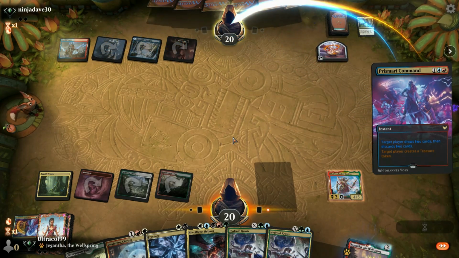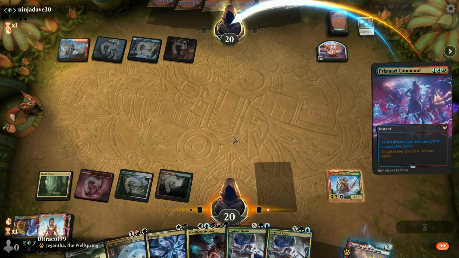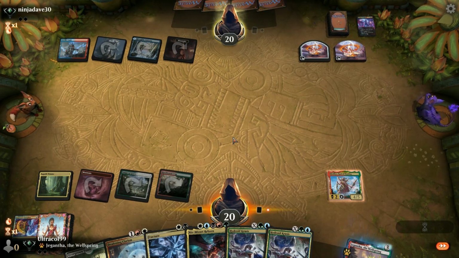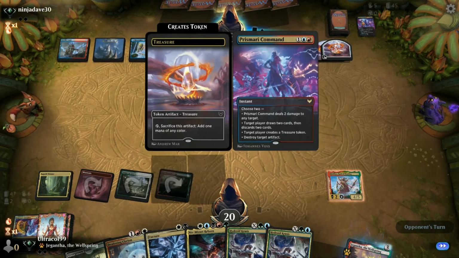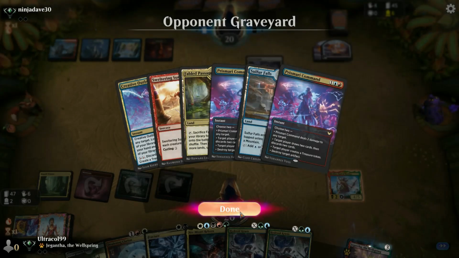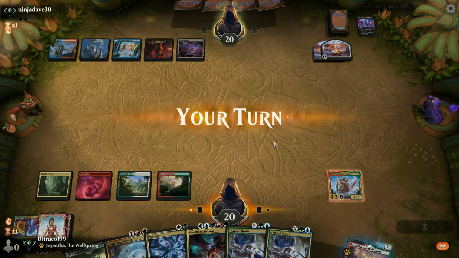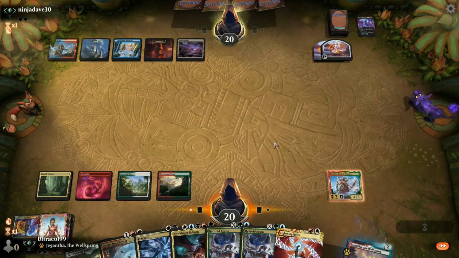Okay, Prismari Command. I wonder if he is just like... So, what did he discard? He discarded another Prismari Command and Sulphur Falls. Field of Ruin is fine. One of the things that's great about Field of Ruin in regards to us in this deck is that we actually have...